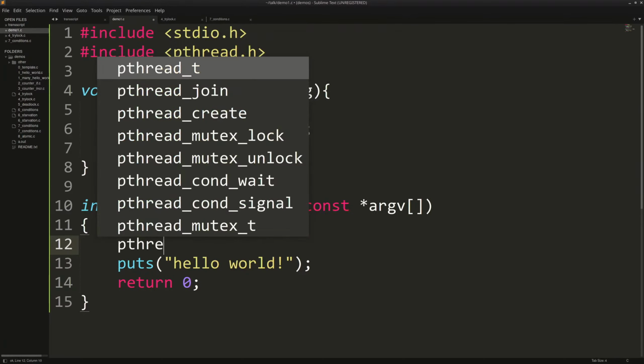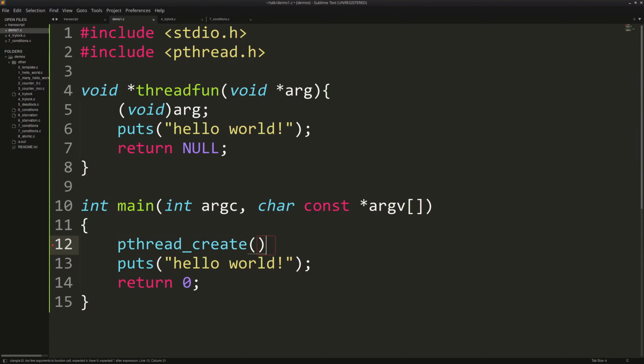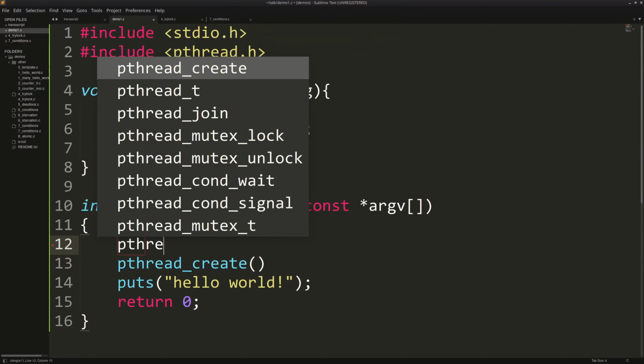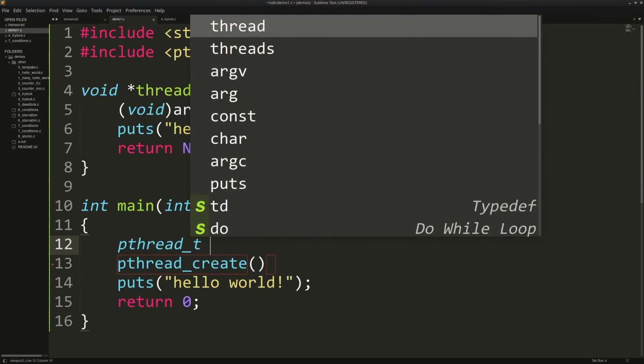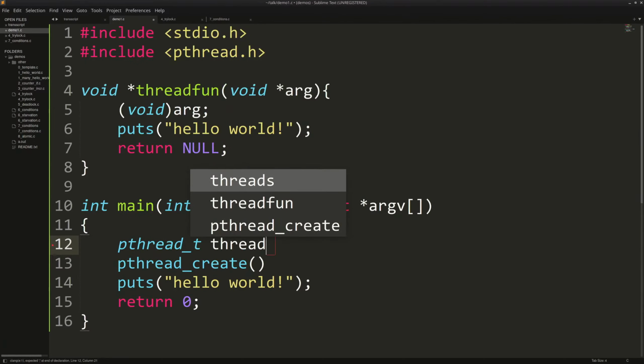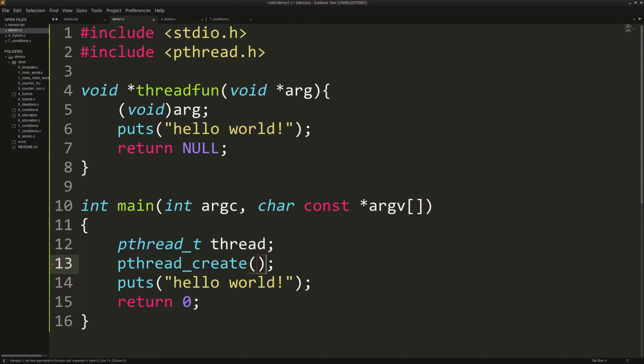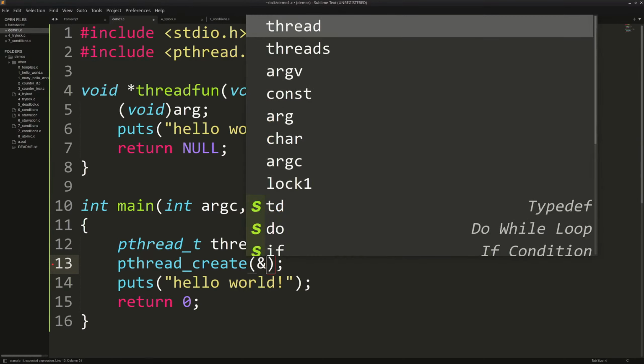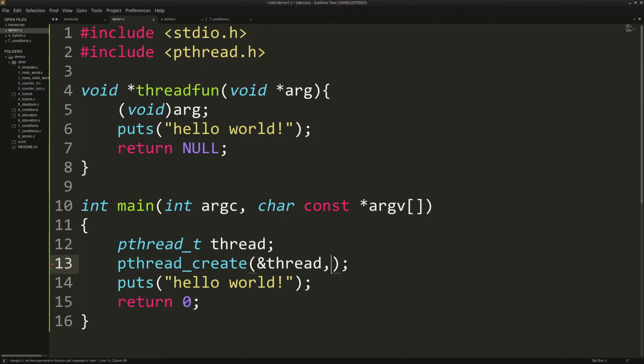Alright, and then it's time for a function called pthread_create, which will create a thread. The first argument that it expects is a little handle in which it will store some information that it needs to handle our thread, and it is stored in a pthread_t type. So let's call it thread. We don't really need to initialize it, and we'll pass in a pointer to our thread.